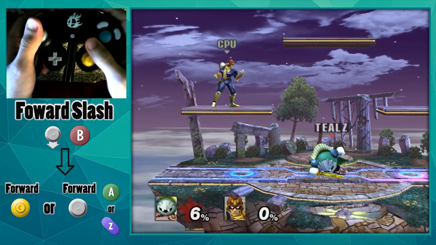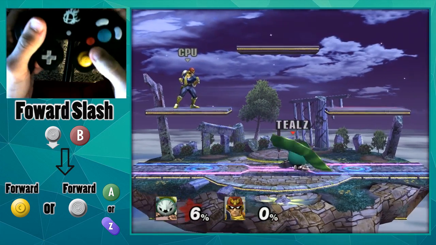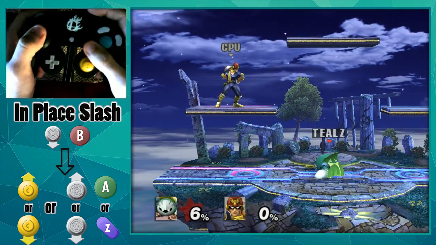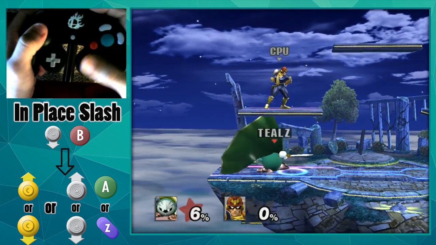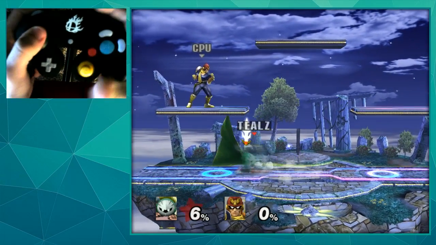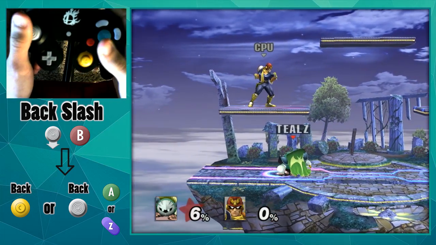You can either do this forward slash, which is forward on the C-stick, so Meta Knight's facing to the right, I hit right on the C-stick. Or, you hit A and hold right on the analog stick. Or, you can do this in place one, which is either up or down on the C-stick. Or, like I said, you can just do A up or A down. And then lastly, if you go backwards, this little step backwards that Meta Knight does, that's just backwards on the C-stick or A backwards,